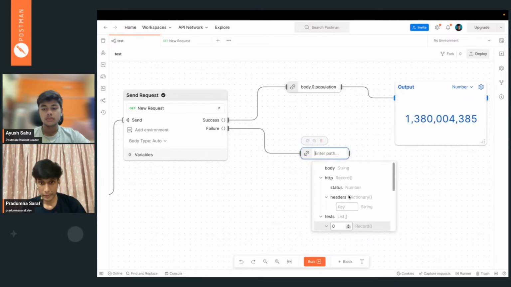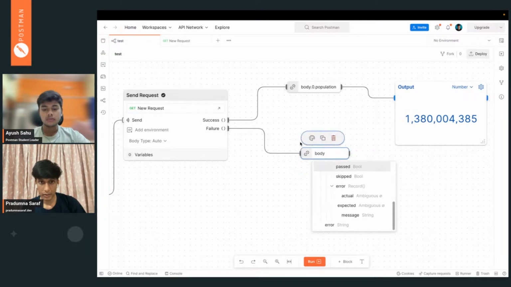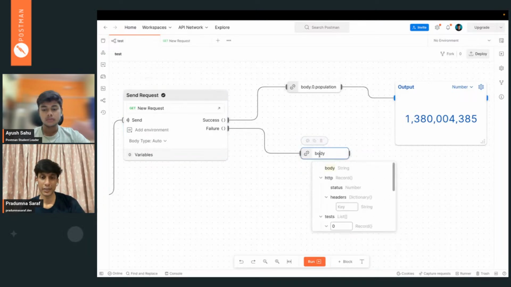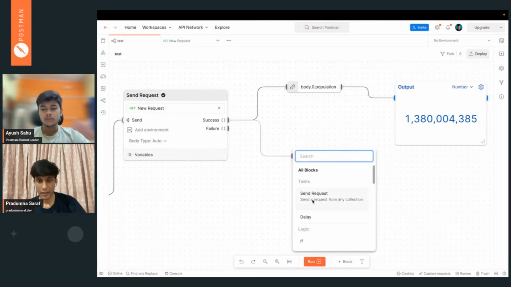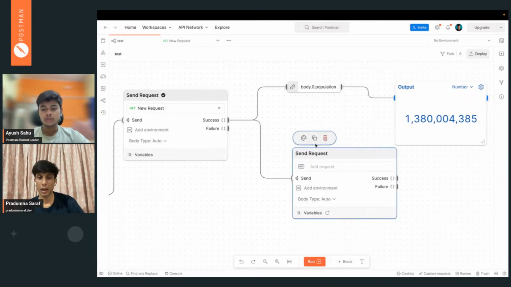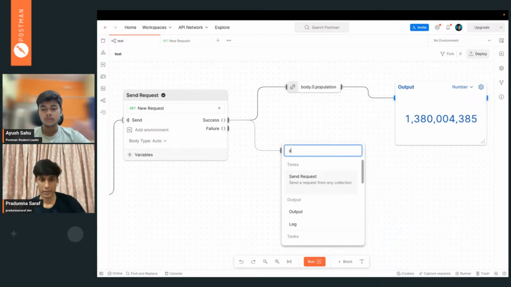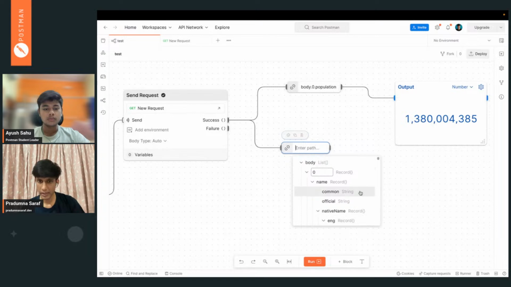Let me show you. So we have one more key, no, sorry, I am doing it for the failure part. Yep. So we can create a bunch of selects; there is no restriction for that. We can also chain multiple things, but we are trying to keep things simple. That's why I'm creating multiple selects.